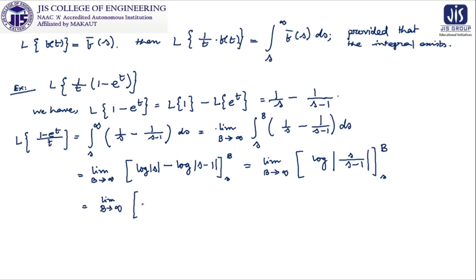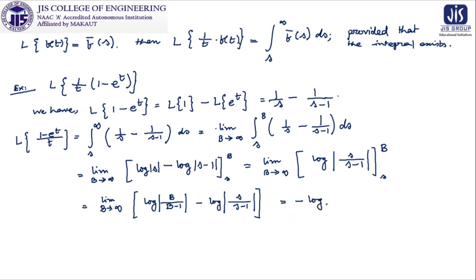So putting the lower limit and upper limit, we can write it like this: log mod b by b minus 1 minus log of mod s by s minus 1 is equal to